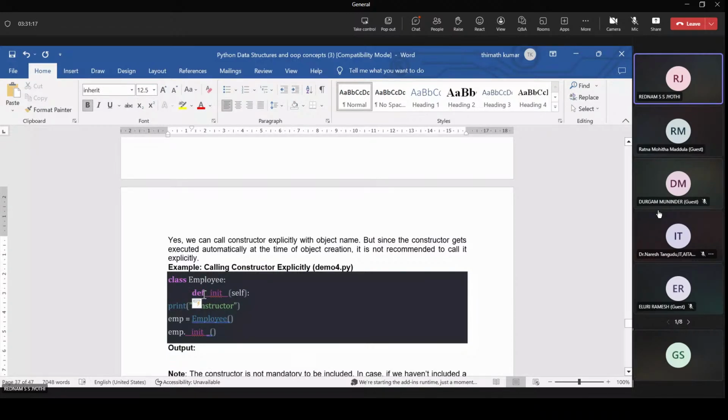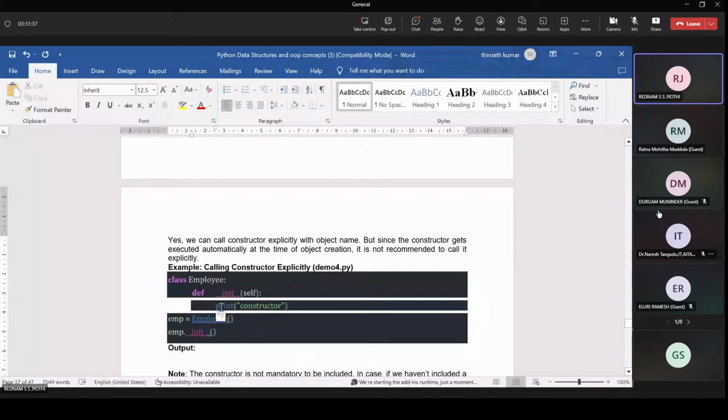So how to create a constructor? A constructor is a method: def, init with double underscores, self. Self is one of the parameters, and it always refers to the current class object. Then print constructor. So the def function consists of print constructor. Now emp equals employee, and emp dot init. There is no need to call the constructor explicitly.